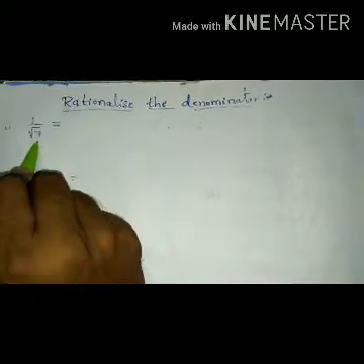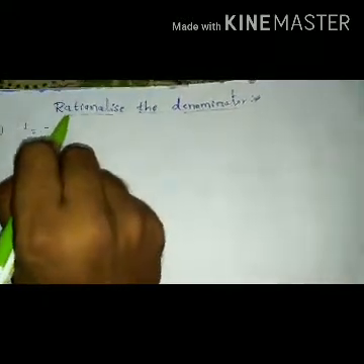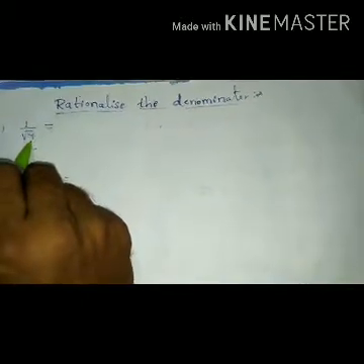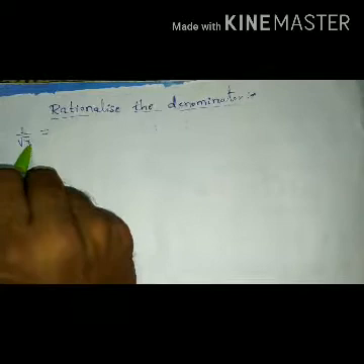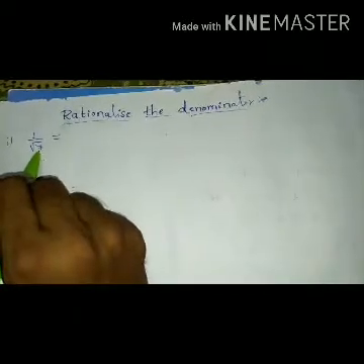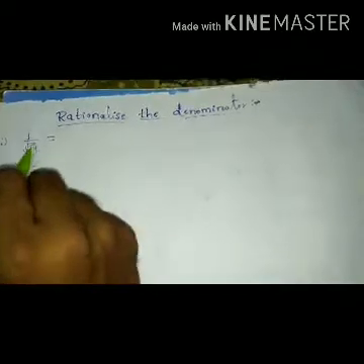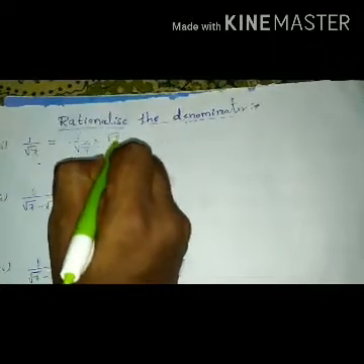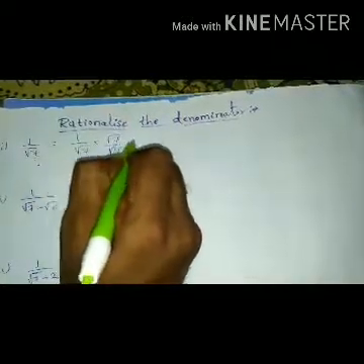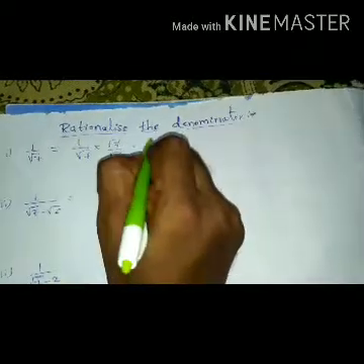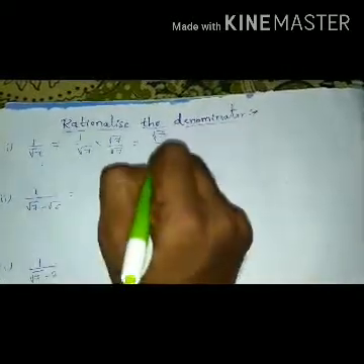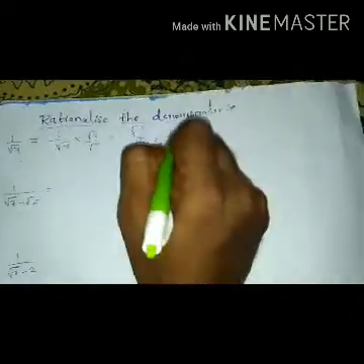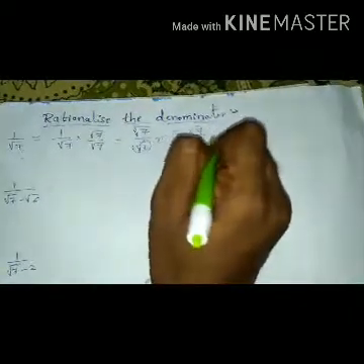In the same way, I am going to explain 1 by root 7. Here the denominator is root 7. It is an irrational number. So rationalization means we make the denominator a rational number. In order to make this a rational number, multiply the denominator irrational number by the same number. See here, 1 by root 7, multiply both numerator and denominator by root 7. So root 7 into 1 is root 7. Root 7 into root 7 is root 7 square. So these two get cancelled. So we are left with root 7 divided by 7.